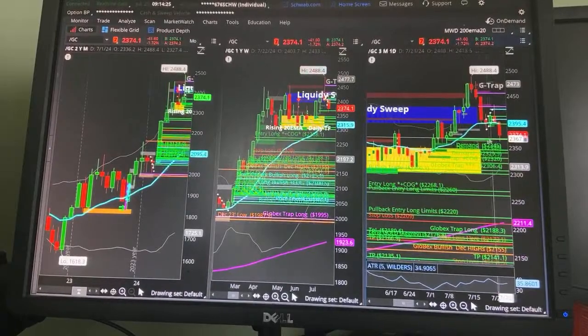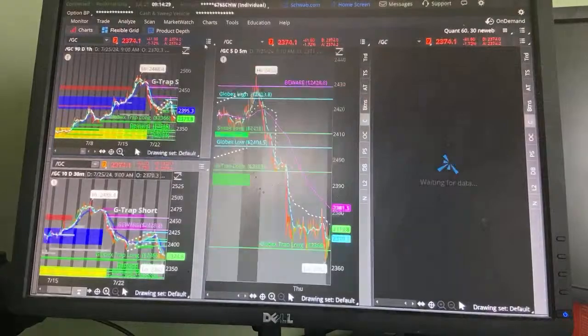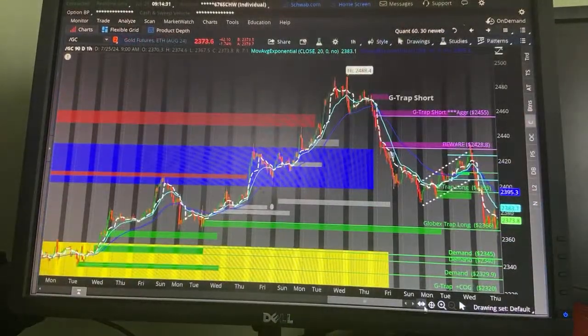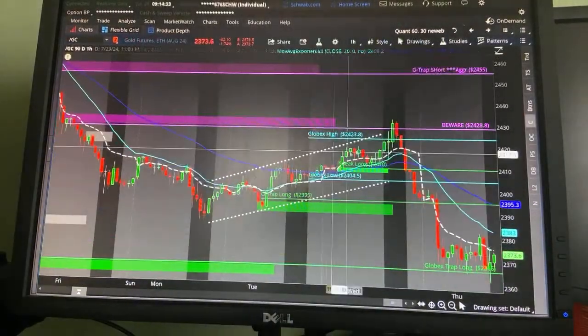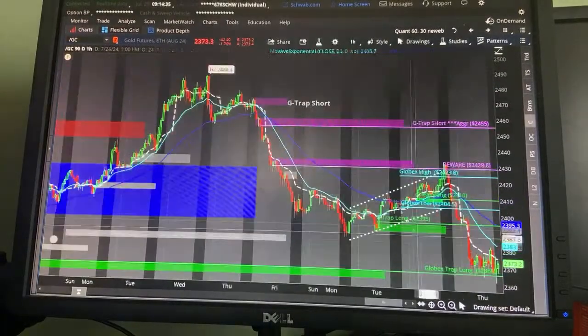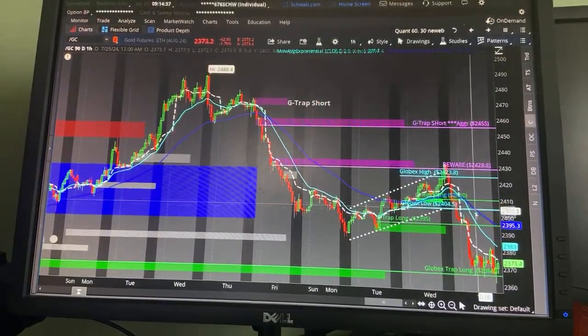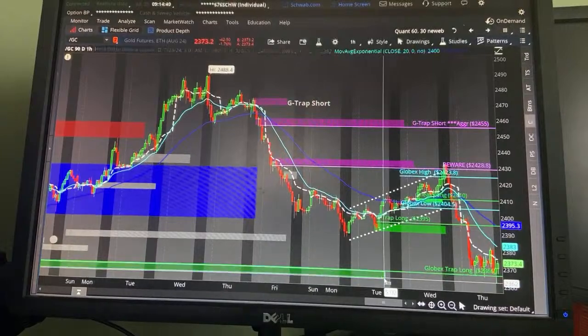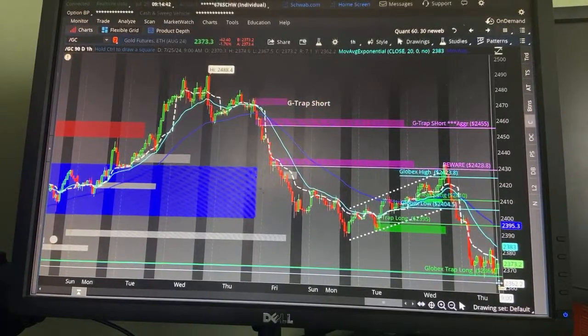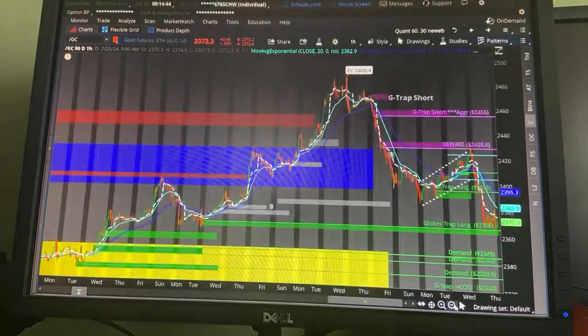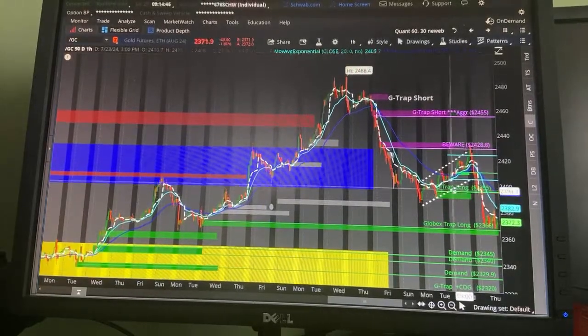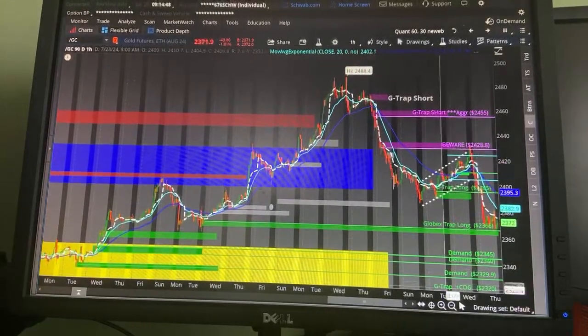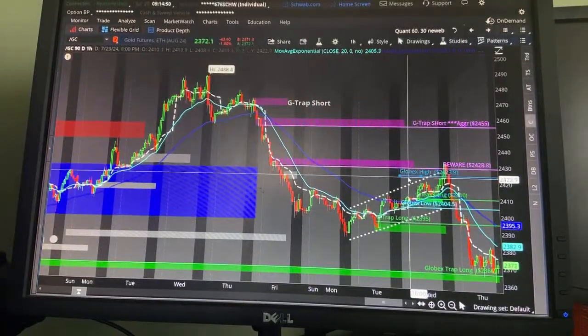We did have another level mapped out right here in futures that I will show you on the 60-minute time frame. These levels here we talked a little bit about. We mapped out the supply and the demand, Globex traps, et cetera. Gold is coming down into the 2366 level, which was the next level down below in the event that we broke here, right? So if I map out my Globex high, Globex low,